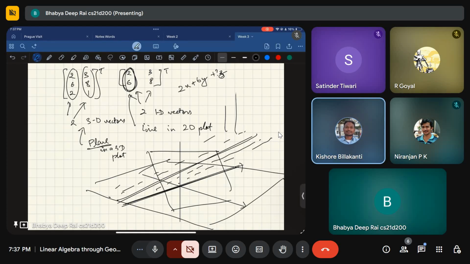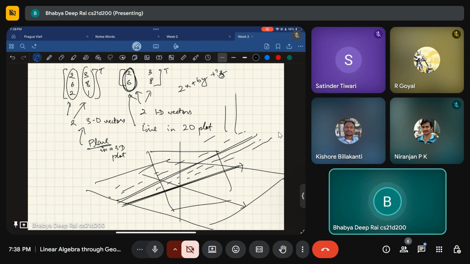So in general terms, we can say a plane has length and breadth but doesn't have any height. Now, the thing about lines is that lines don't actually exist in the 3D world. Everything is planes, and lines are just intersections of planes. You get what I mean, no? Satinder, is that clear? Yeah. Right.